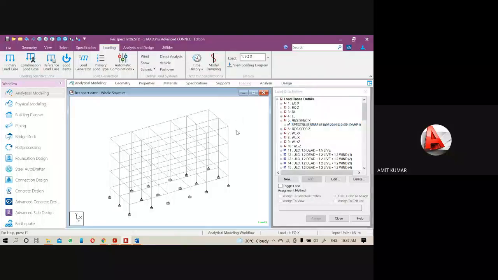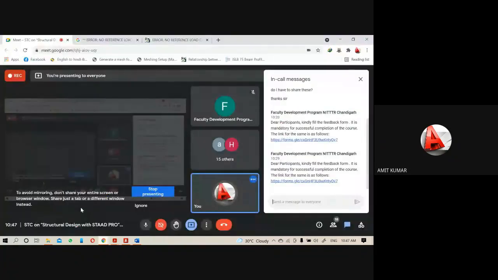Is that clear to everyone? If you don't have any questions, then please practice this response spectrum analysis, and in the second half we will do the steel design for the transmission tower, and also we will add the wind load for the transmission tower, because here it will be a truss tower model. That means how to change the wind definition and parameters for structures other than buildings. I will explain it in the second half.